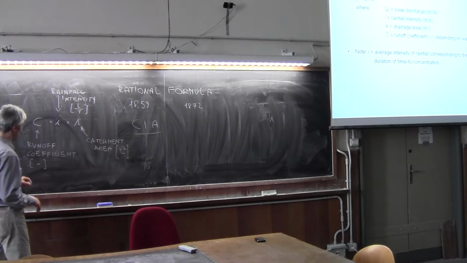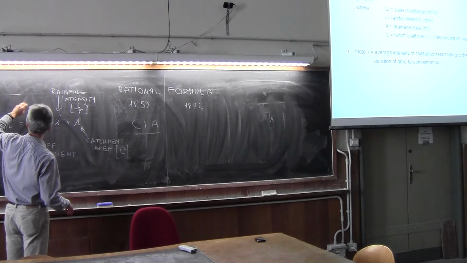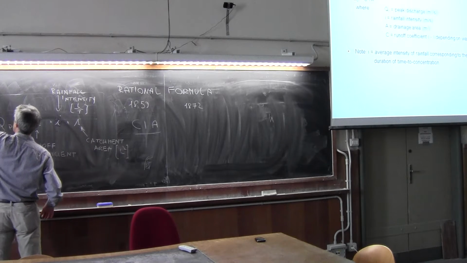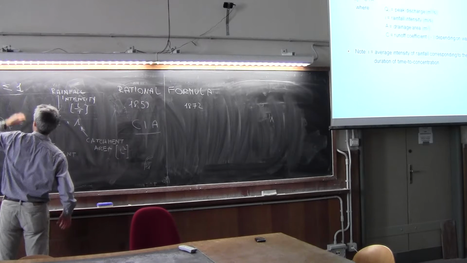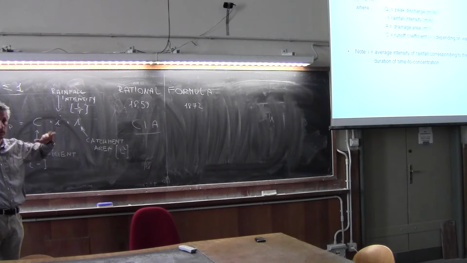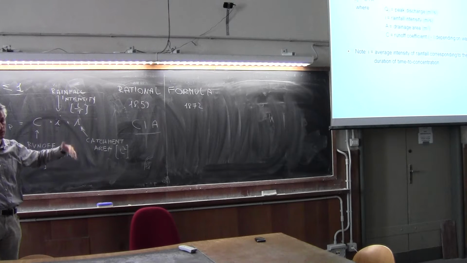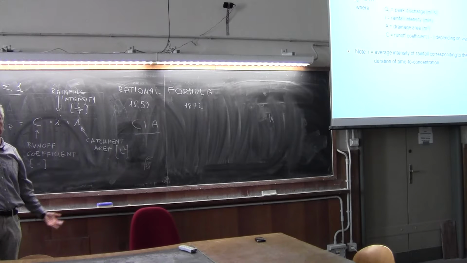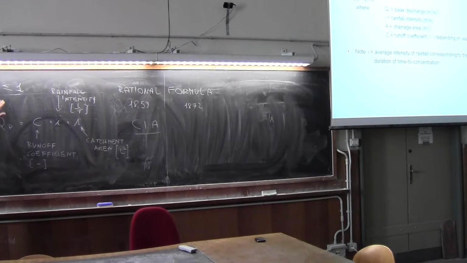The value of the runoff coefficient ranges between 0 ≤ C ≤ 1. And of course it cannot be less than 0 because the river flow cannot be negative. Okay, so all the values here are positive ones. Rainfall is positive, the area of the catchment is positive, and also the runoff coefficient is positive. That's fine. And it cannot be greater than 1 because, of course, you can't have more flow in the river